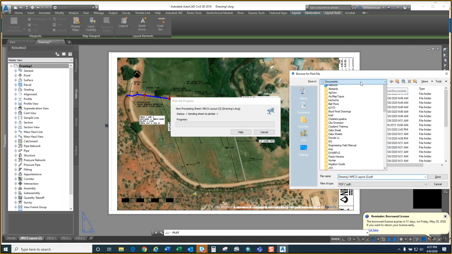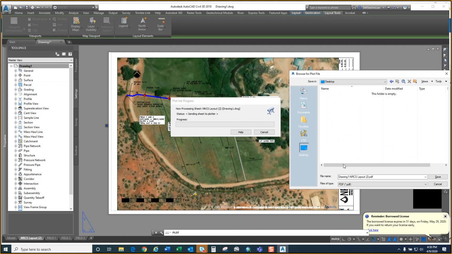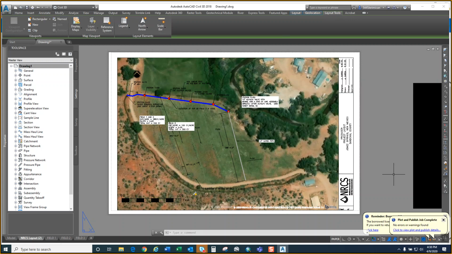I'm just going to go to desktop. And I'm going to put this in a new folder, and I'll call it producer design drawings folder. Double click the folder, name this producer layout, and if this hasn't been checked yet, I just put draft 1. Click save. Your PDF will show up,